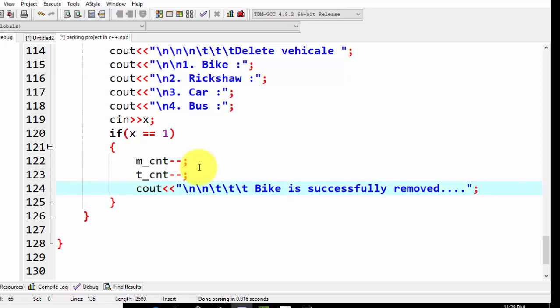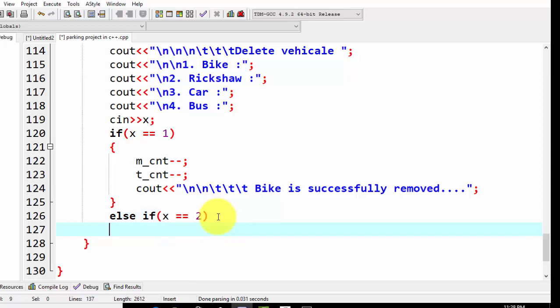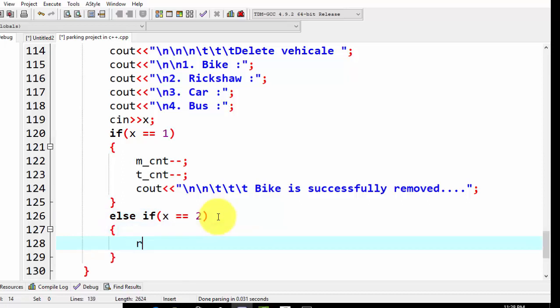And also we have to check for rickshaw. So else if x equal to 2, if any particular user presses 2, that means he wants to remove rickshaw. So in that body we have to update the record for rickshaw, and rickshaw counting must be decrement,